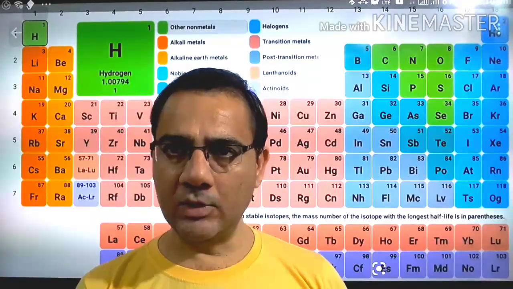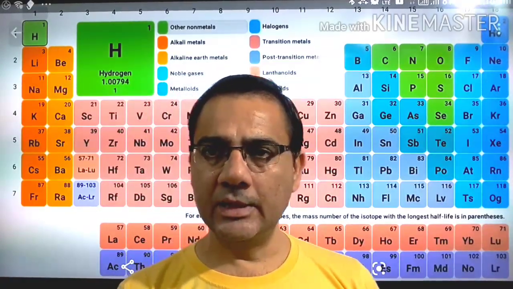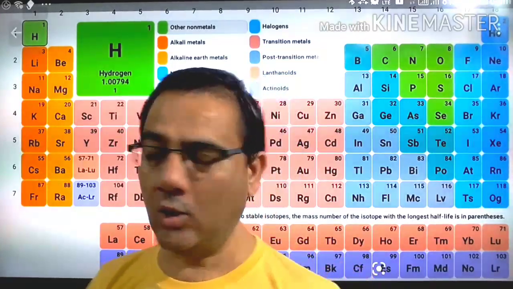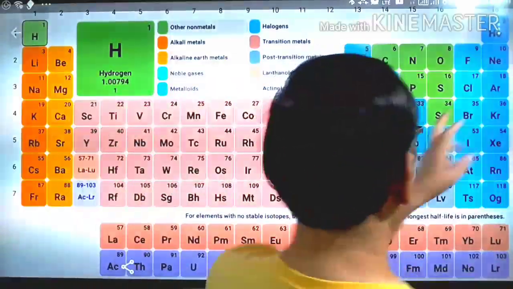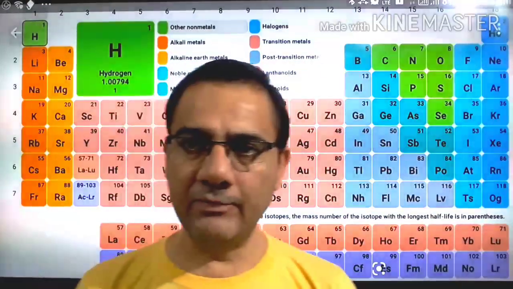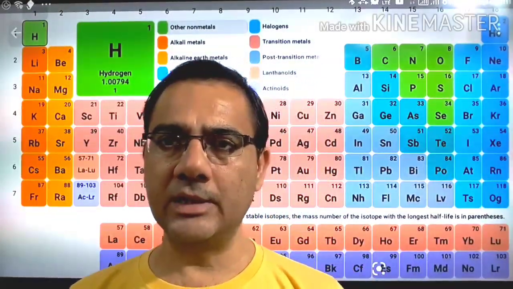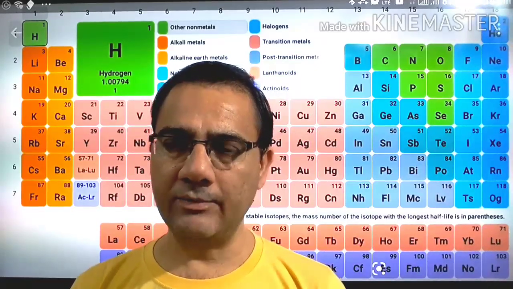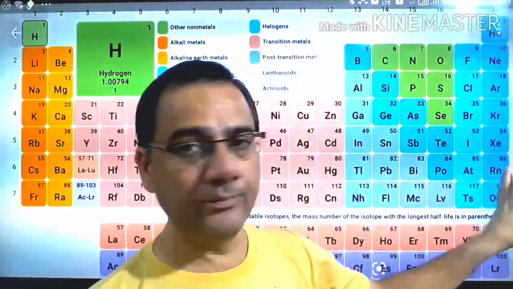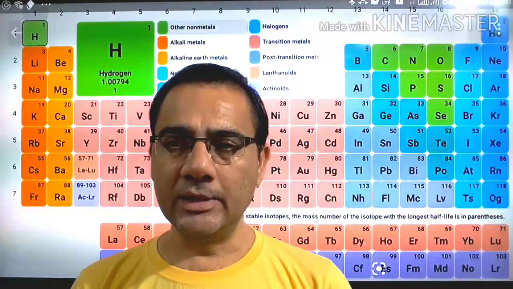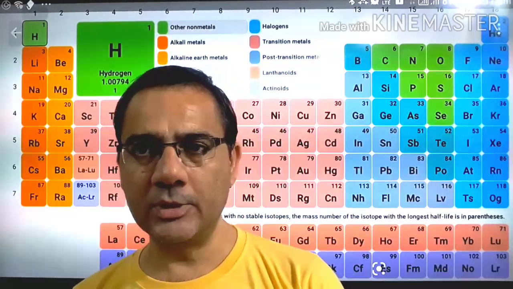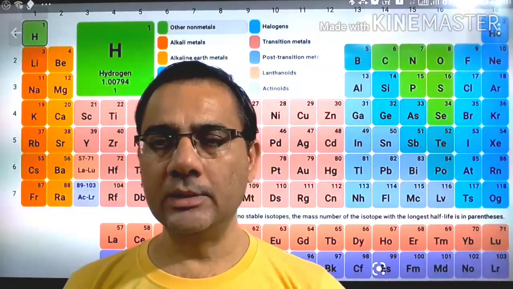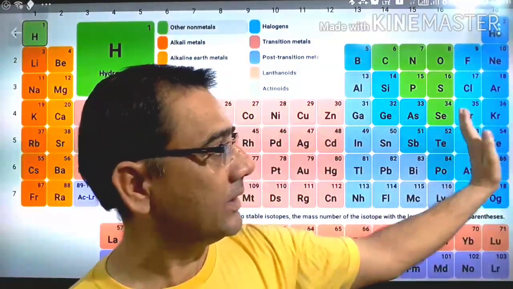Now if they are stable, what about the other elements? If we see the other elements, how many valence electrons are there? All the elements from group 1 to group 17 have either 1 valence electron or 2 or 3 or 4, 5, 6 or 7. 8 I have already told you, these elements have 8 electrons in the outermost shell. The remaining elements have valence electrons from 1 to 7. Less than 1 electron in the outermost shell is not possible. More than 8 electrons in the outermost shell is also not possible, because in the periodic table the maximum number of electrons in the valence shell is 8.